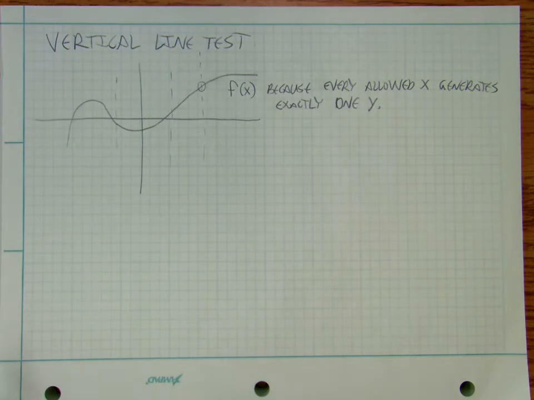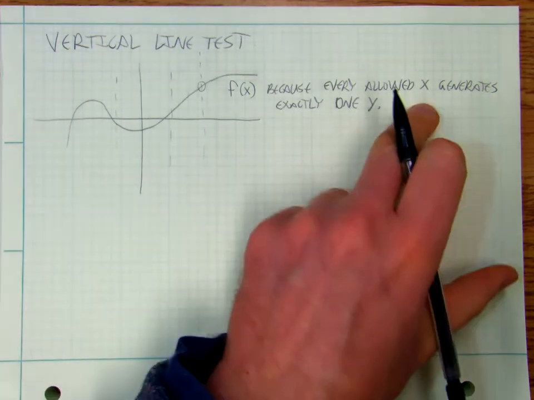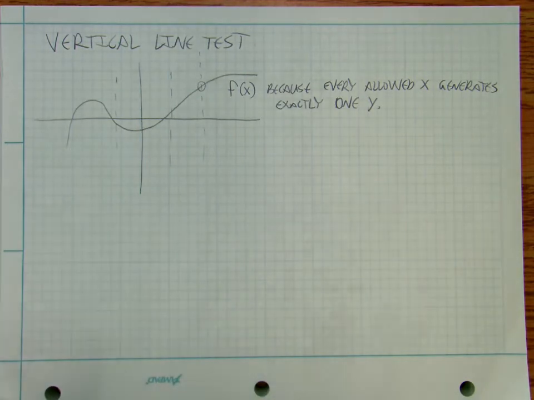Every allowed x generates exactly one y, or every allowed input generates exactly one output. Okay,